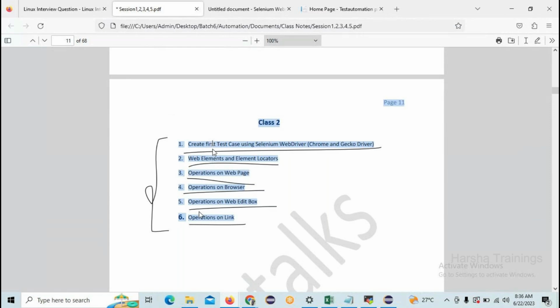Okay, so we are done with only two topics. The first one is how to create the first test case in the Selenium WebDriver package. We have to create a project, package, class, and import the Selenium jars. After that, you have to install or download the Gecko driver, Firefox driver, or Edge driver, depending on where you want to run the script. We ran the script in Firefox, that's the reason I have taken the Gecko driver. If you want to run it in Chrome, you can download the Chrome driver. If you want to run it in Edge, you can download that. So this is about the first script, and later we can see web element locators, how to write